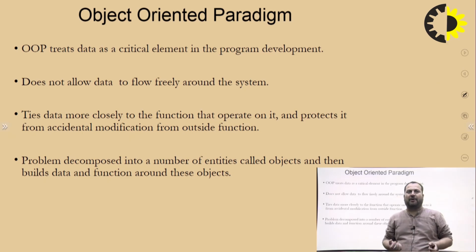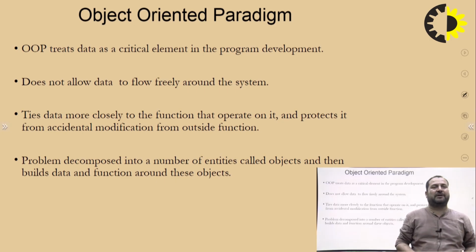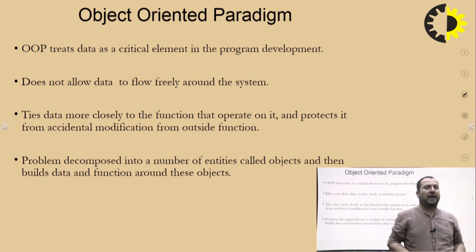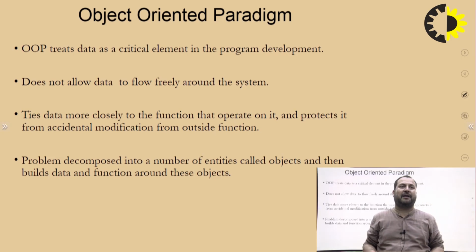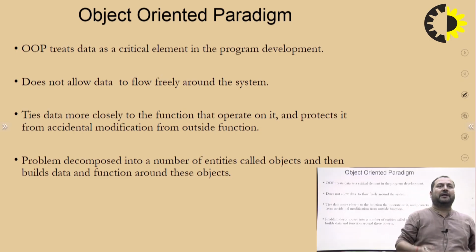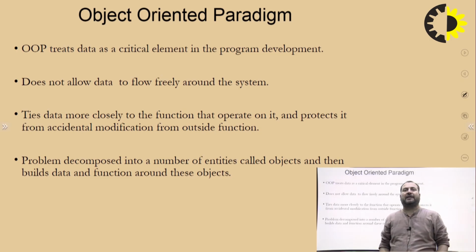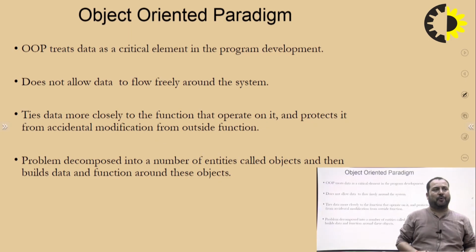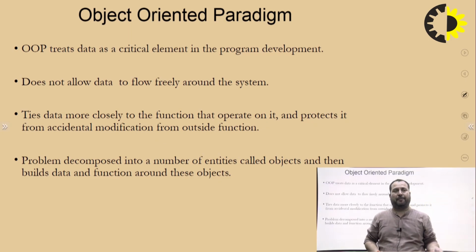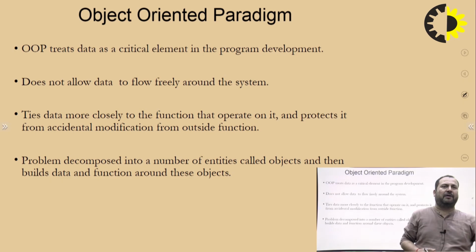So, data is called member data and function is called member function. Only the member functions are allowed to access the member data, okay. A function which belongs to some other class cannot be allowed to access the data of a different class, okay. That's why the data is not freely flowing in object oriented programming, while in procedure oriented programming the main